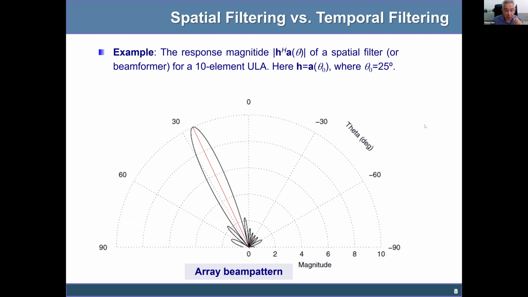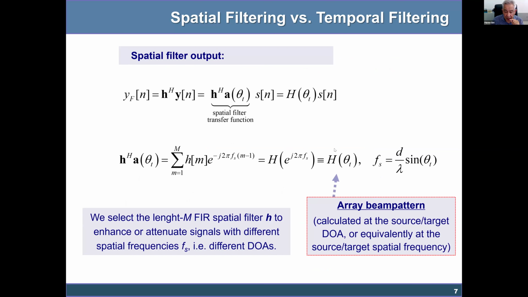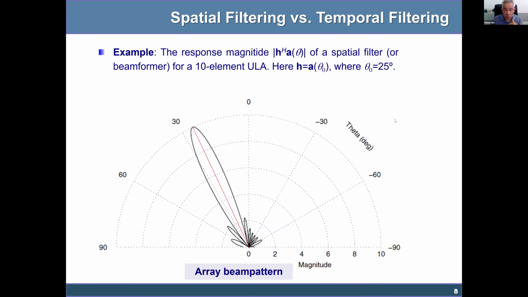For example, this is the beam pattern. The beam pattern is the modulo of this inner product. In general, it is complex valued. So when you plot the modulo, what you see is the polar representation of the beam pattern of a spatial filter in the case where the array is a ULA composed of 10 elements,